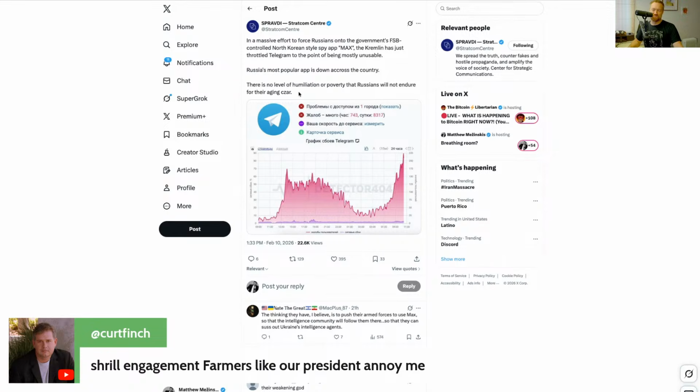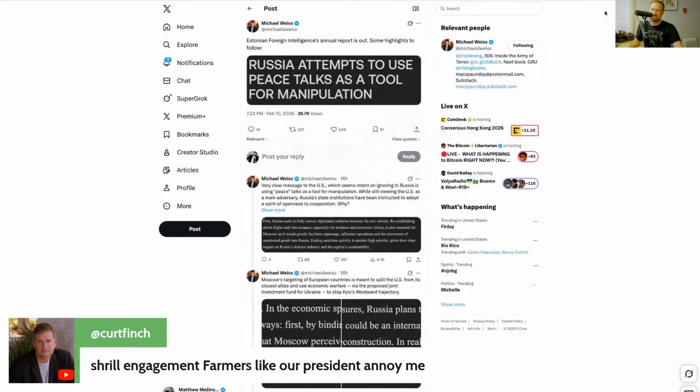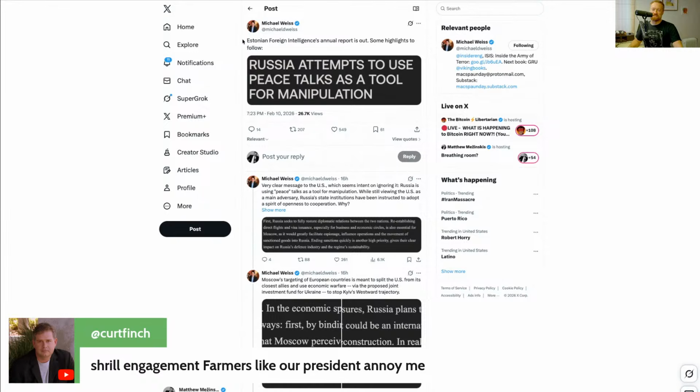But this is, beyond the Starlink, beyond everything else. They're completely demoralized, completely centralized. No freedom of speech. You can't even figure out how your family might be doing on the front because Telegram itself is getting throttled. So the circle is closing on Russians and the guns are pointing inward. Intelligence apparatus is going against its own citizens. We're going to have to see. I just want to leave you here. Good old Estonian foreign intelligence is about the most obvious thing you could possibly think of, but this is where we are. This is the war we're in.